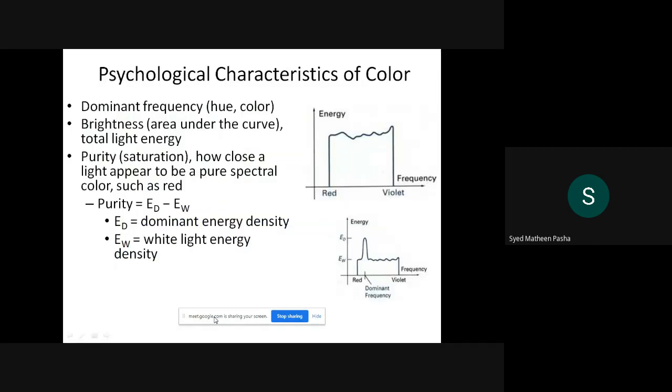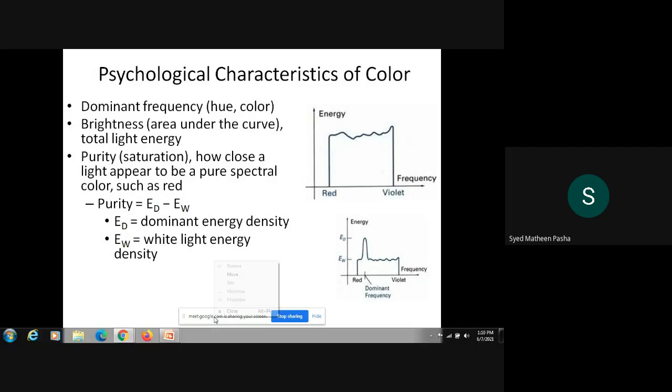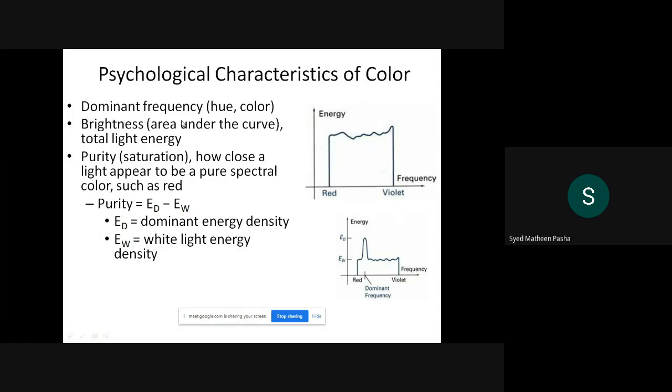Then, as I told, you need to remember some of the key points with respect to the properties as well as characteristics of colors. As I told, the first property is dominant frequency. The second is brightness, then purity. How dominant frequency is considered with respect to that particular color. How brightness is taken with respect to the area under the curve represented in this example, which tells you the total light energy of that particular object.